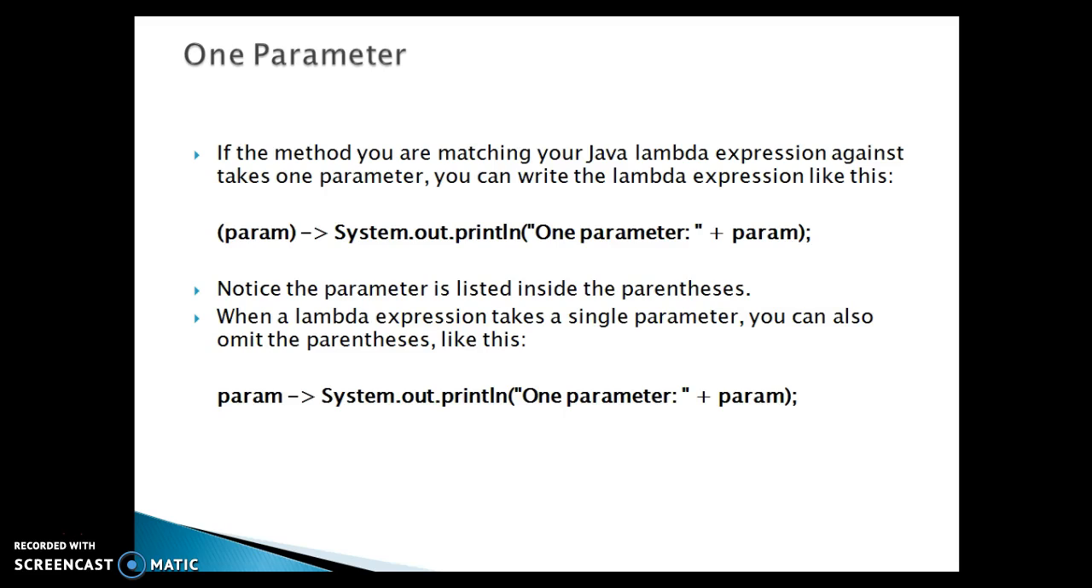Now if your functional interface method has one parameter, then the method you are matching your lambda expression against takes one parameter, and you can write the lambda expression like this. In parentheses you need to specify the parameter. After that you can write the lambda expression. Notice the parameter is listed inside the parentheses, right? When a lambda expression takes a single parameter, you can also omit the parentheses like this,